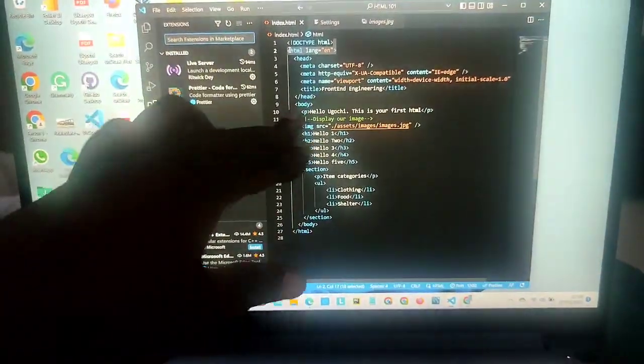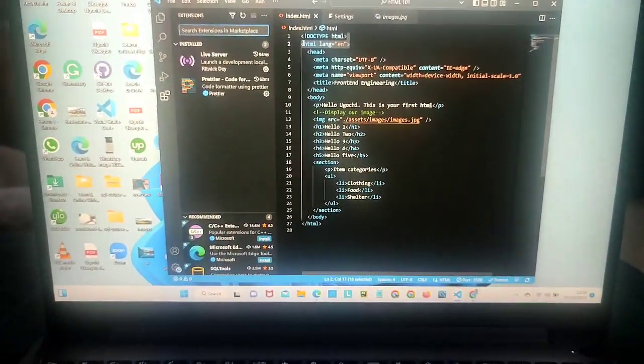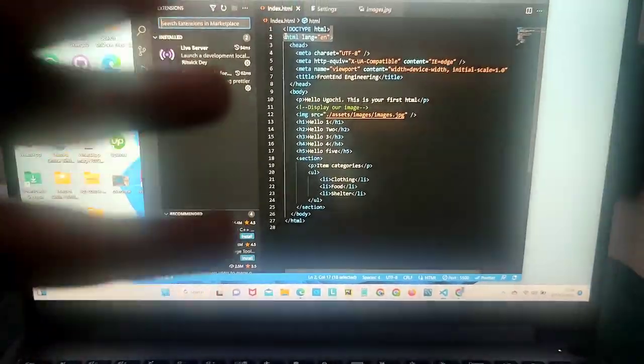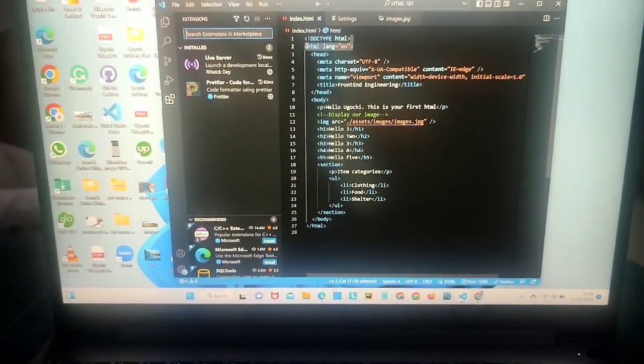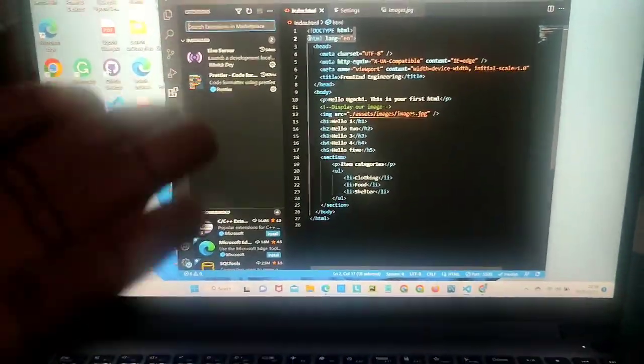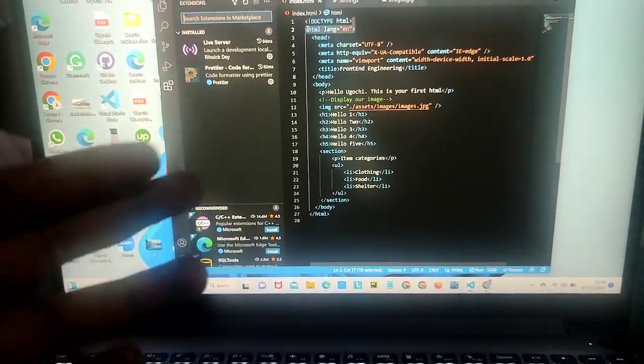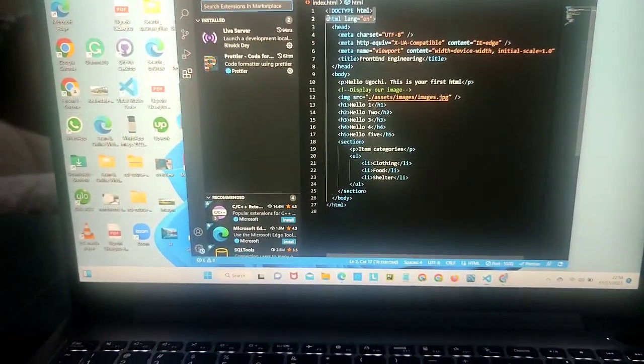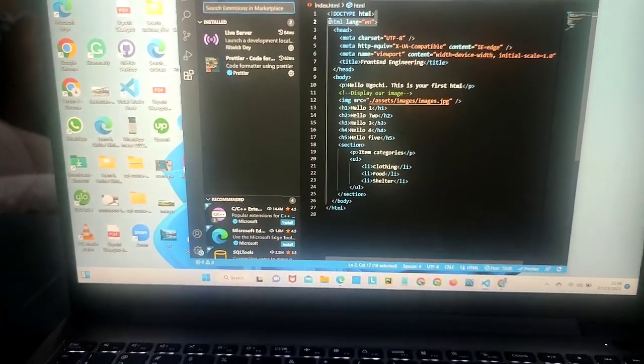And so done with the head, then you go to the body. In this sense, this is the content that you want to be displayed on your website. This is what you're going to see happen. You're going to put it in there. So for the body, right, I have an opening tag here, I have a closing tag here. So what did I first do? The first thing I did, because I'm practicing what I've been taught,